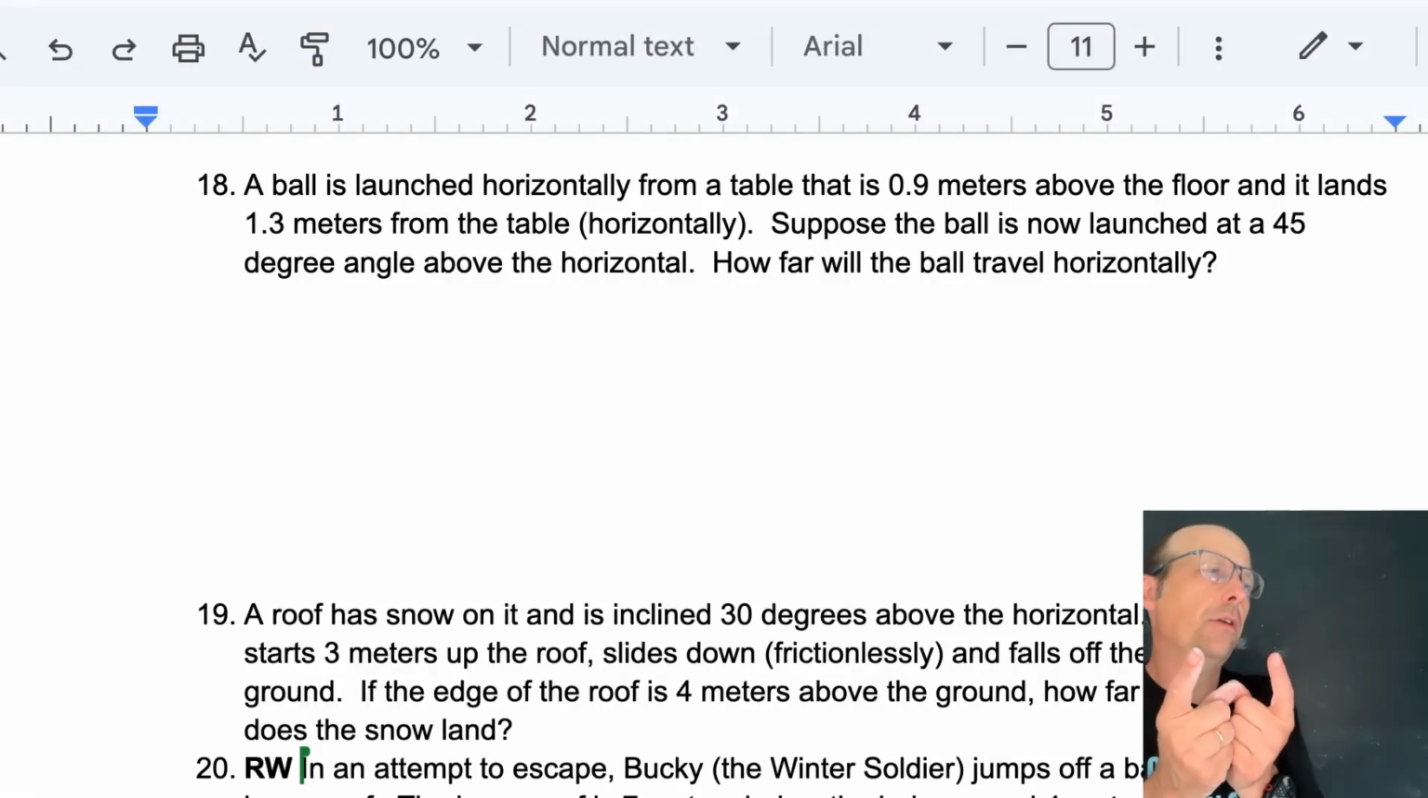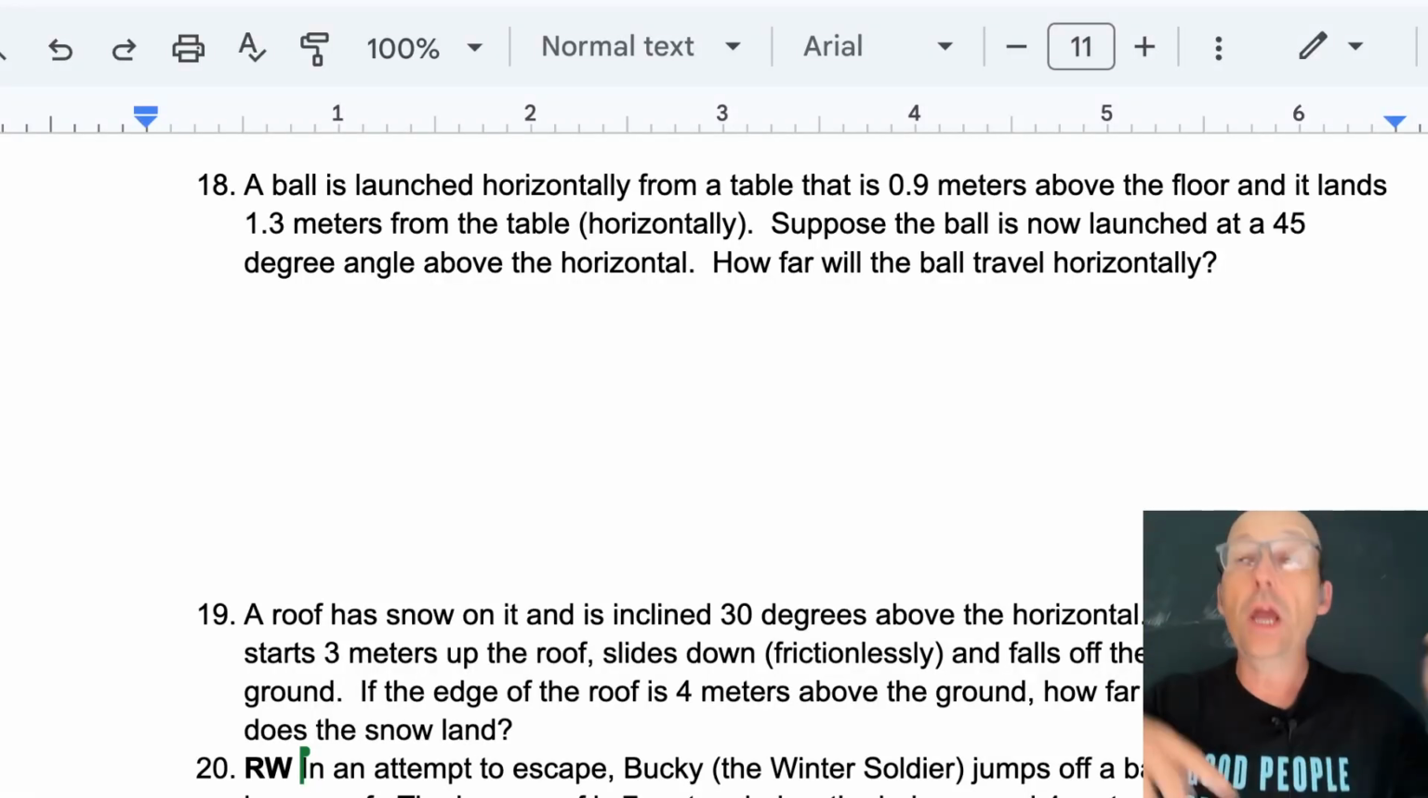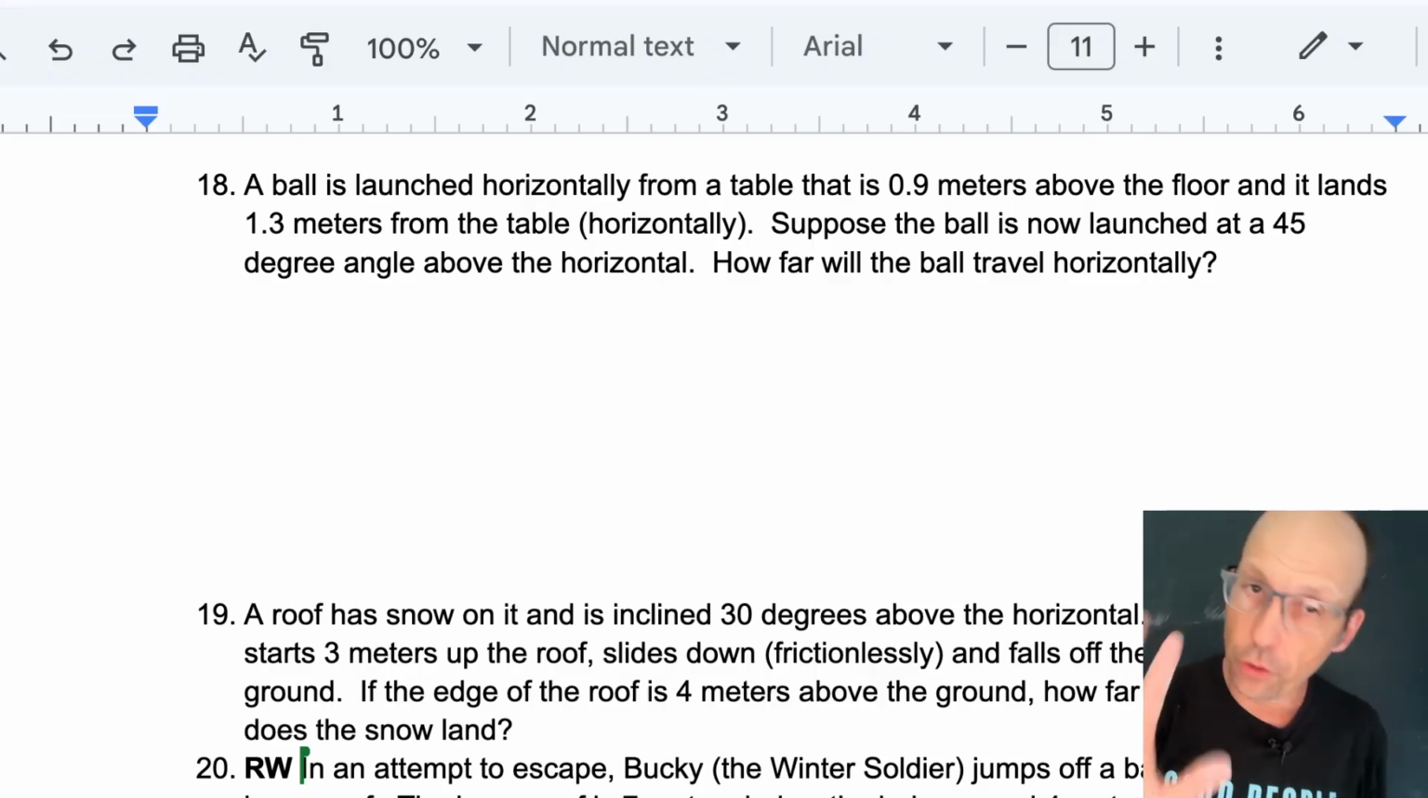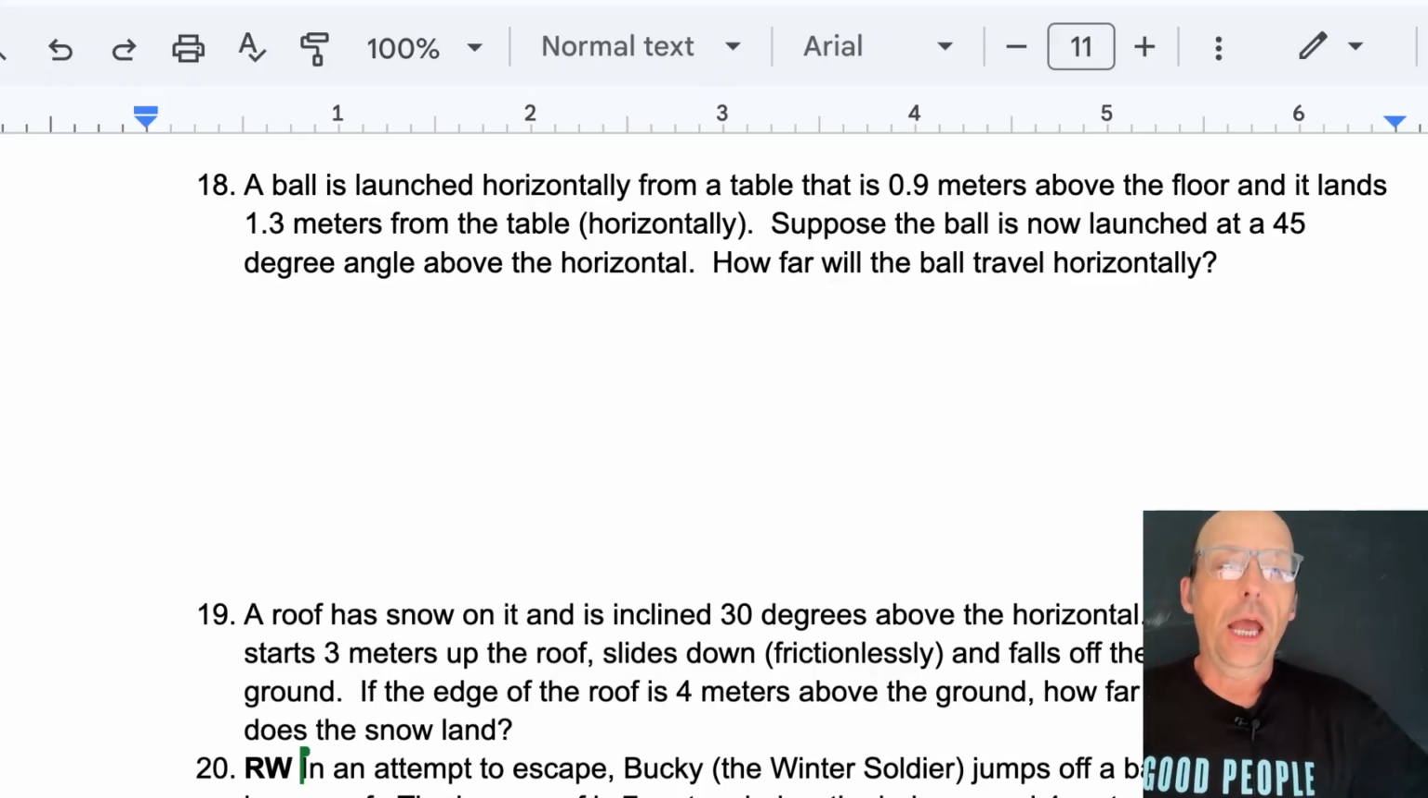Physics problem. Let's do number 18 right here. I'll read it to you, and then I'll pause. I'll let you pause the video and answer part of the question. A ball is launched horizontally from a table that's 0.9 meters above the floor, and it lands 1.3 meters from